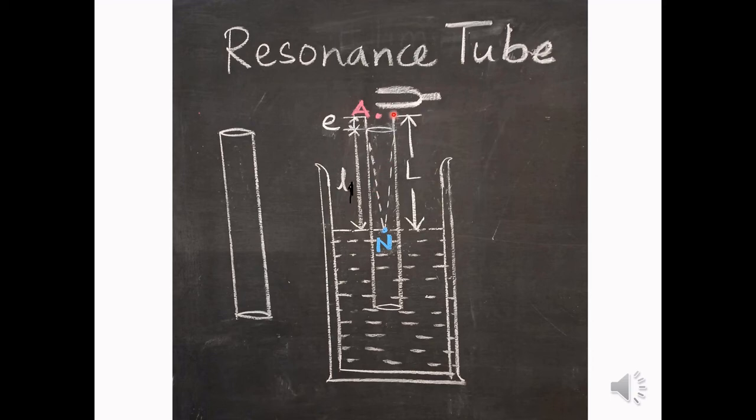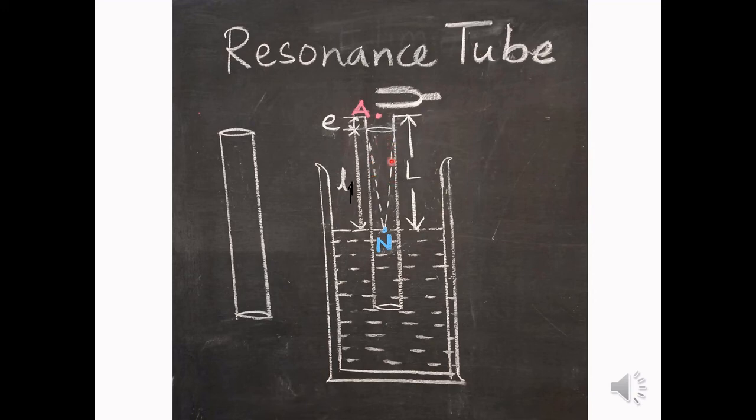If a vibrating tuning fork is held near the open end of the tube, now this tuning fork is held such that the vibrations of the tuning fork are in this direction, that is the prongs bend inward and outward. So the tuning fork vibrates in this direction, so it sends sound waves which are longitudinal in nature. So the sound waves travel through the air column, they are reflected from the closed end, and the interference of the two waves gives rise to the stationary waves.